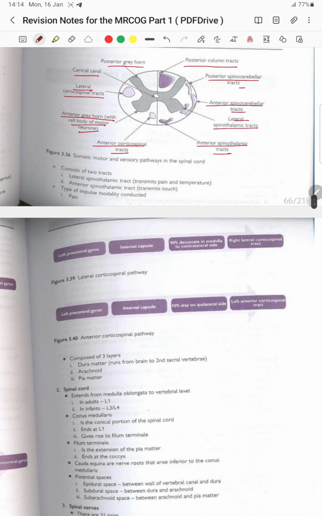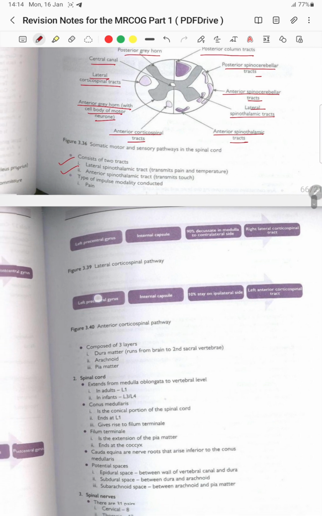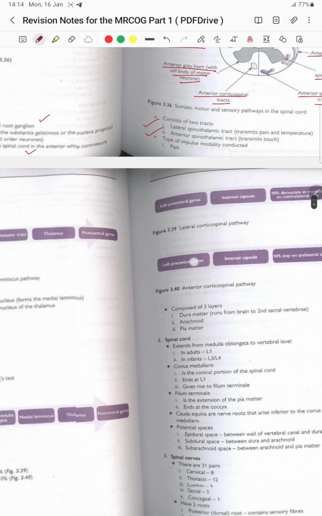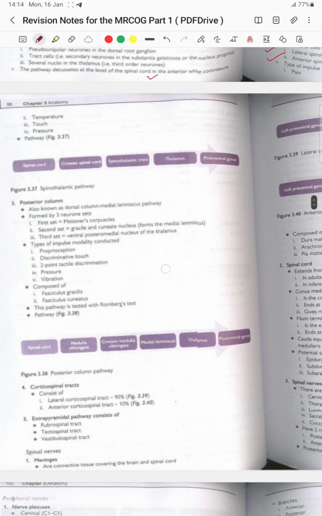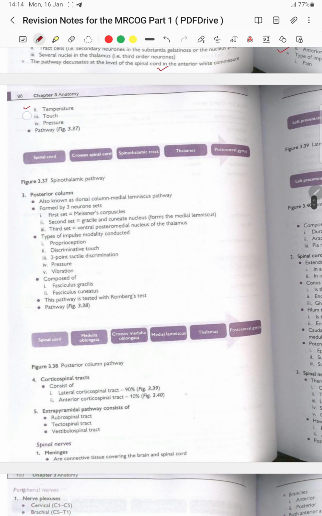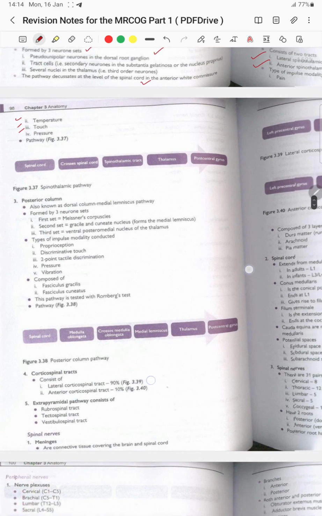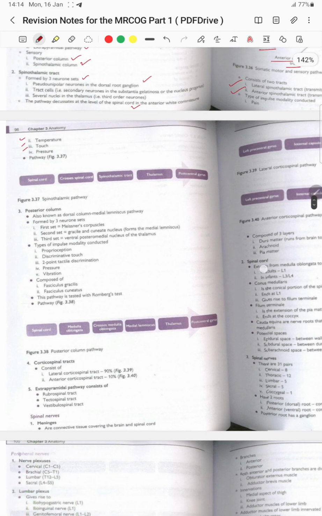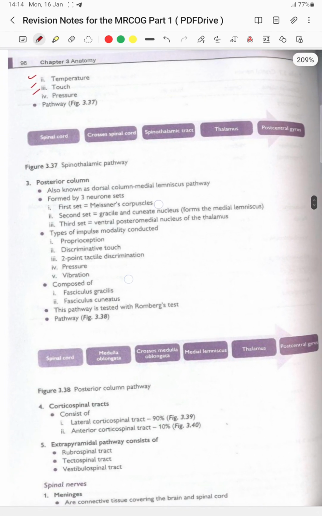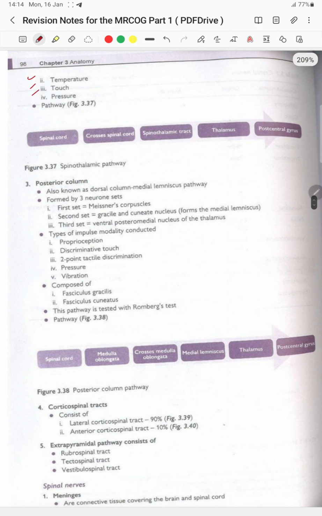It consists of the two tracts, the lateral spinothalamic tract and the anterior spinothalamic tract, and the type of the impulse modality conducted is the pain, temperature, touch, and pressure. And here these are the pathways, and here it is somewhat clear. The spinothalamic pathway, it is by the spinal cord, then crosses the spinal cord, the spinothalamic tract, the thalamus, and